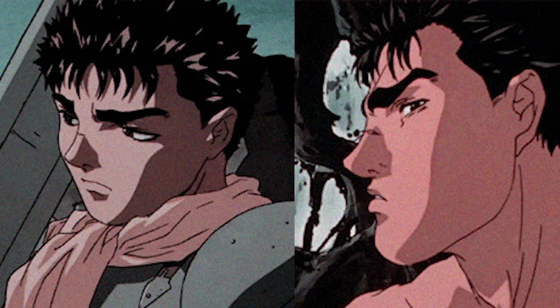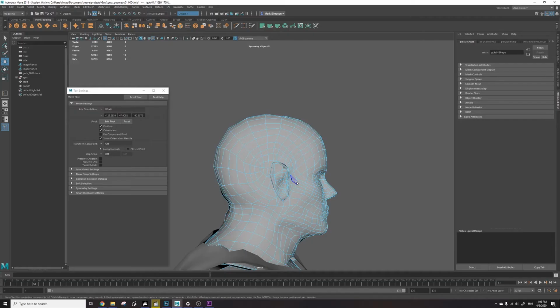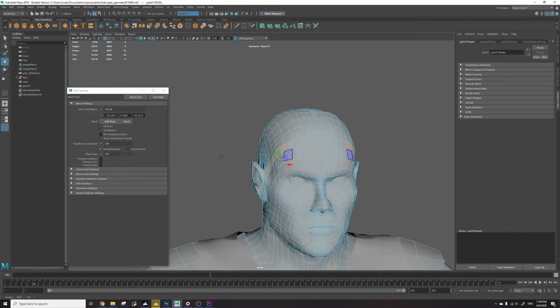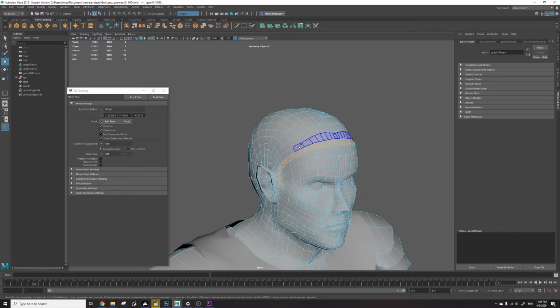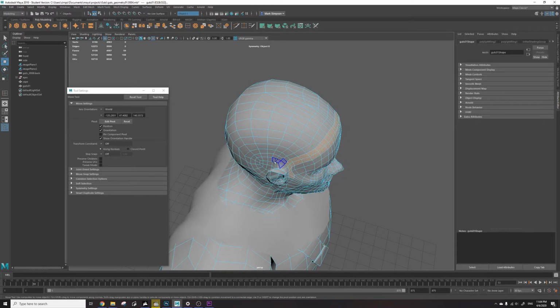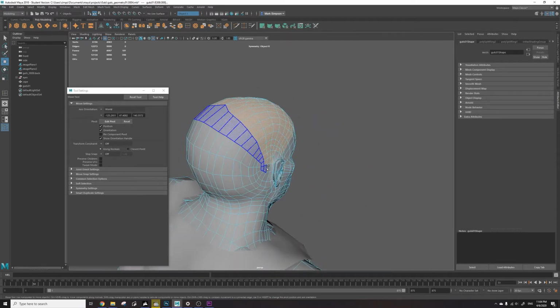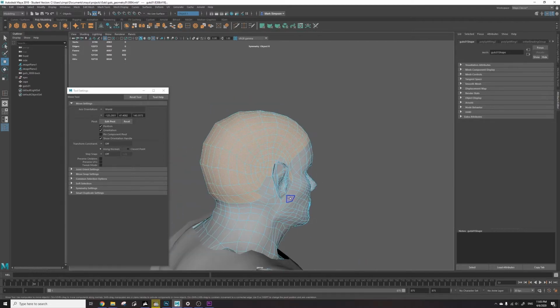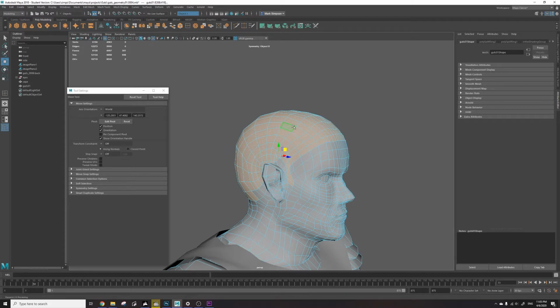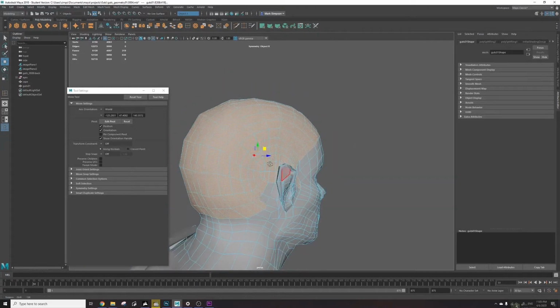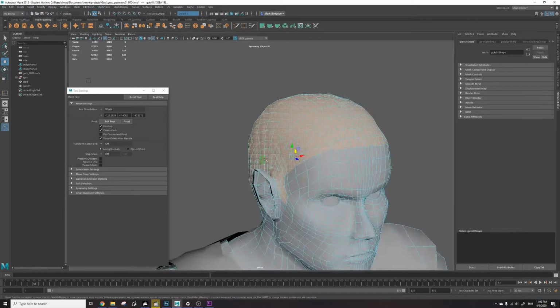Alright, welcome guys. So today I want to show you how to do hair and eyebrows in your model. So far we've just gone through the modeling phase, and so hopefully you've got your head model. As you can see, I'm going to use the same technique as I suggested you guys use for clothes or armor, which is to duplicate your model, select the section of that model, invert your selection, and then delete the rest of the model,